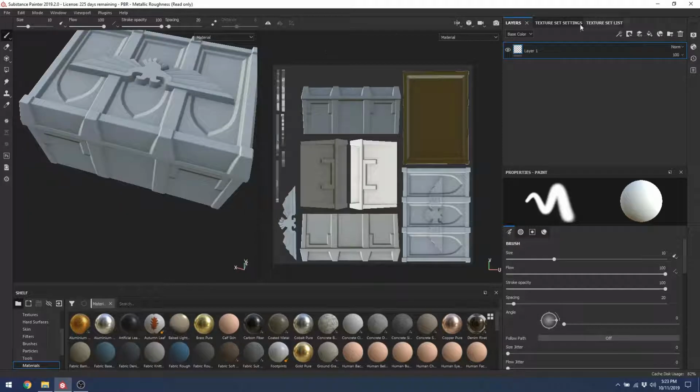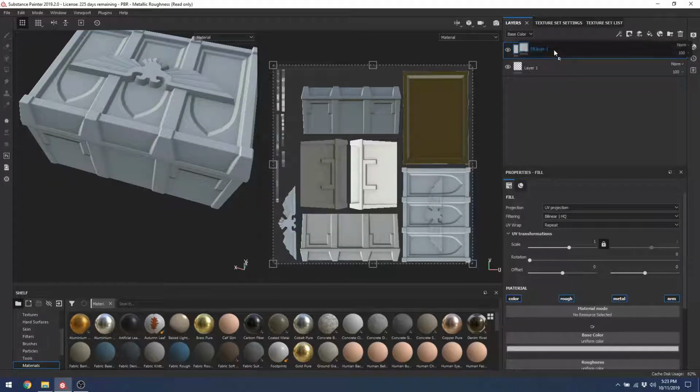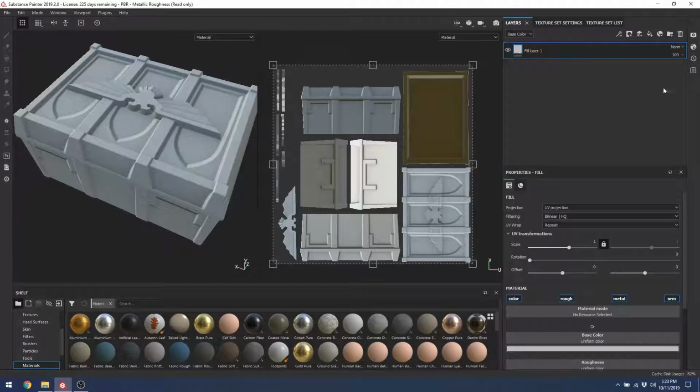Okay, the other really useful layer style is this paint bucket, which is just a solid color. That's what I find is the best way to start when I'm working in Substance Painter, is just with a color on the bottom. And then the next part is